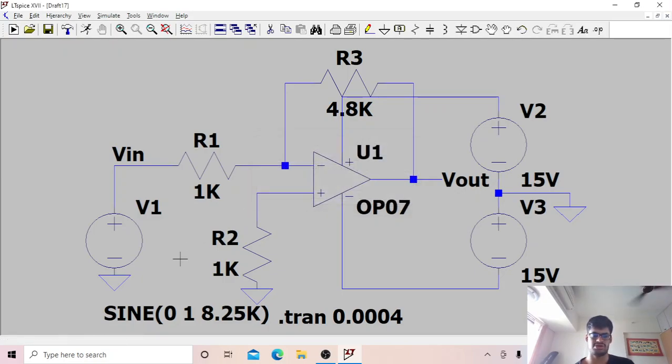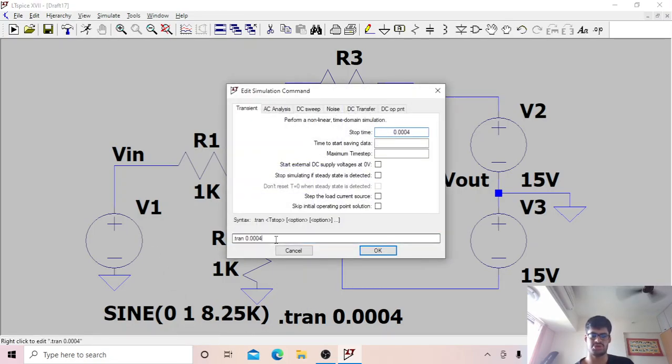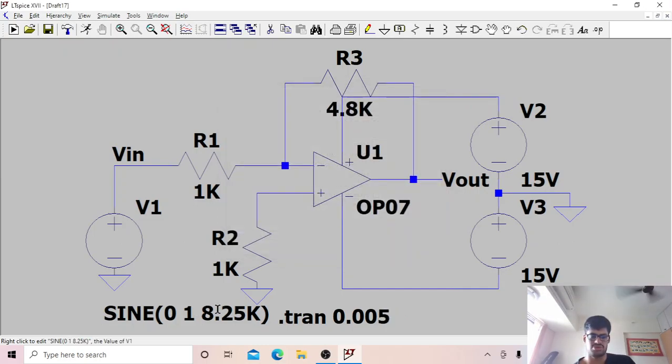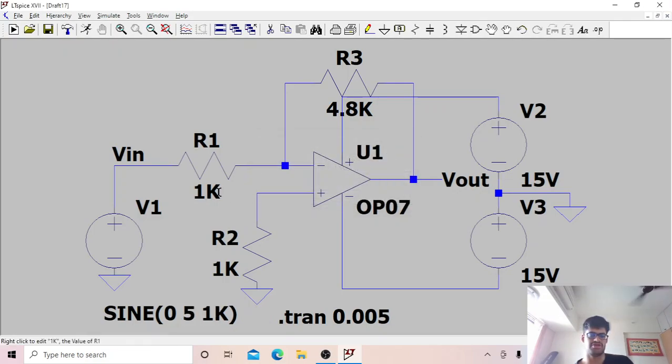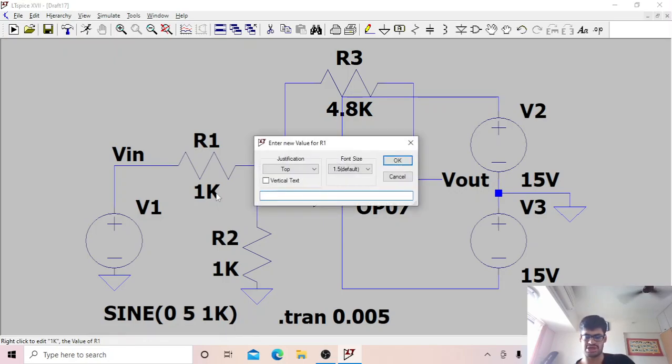Now, for seeing all the V out values for a single value of V in, we can use the parametric sweep option. For that we have to turn the transient time back to 0.005, and change the sine source back to its original value, which was 0 5 1k. Then we change the 1k and put it in curly brackets as RA.